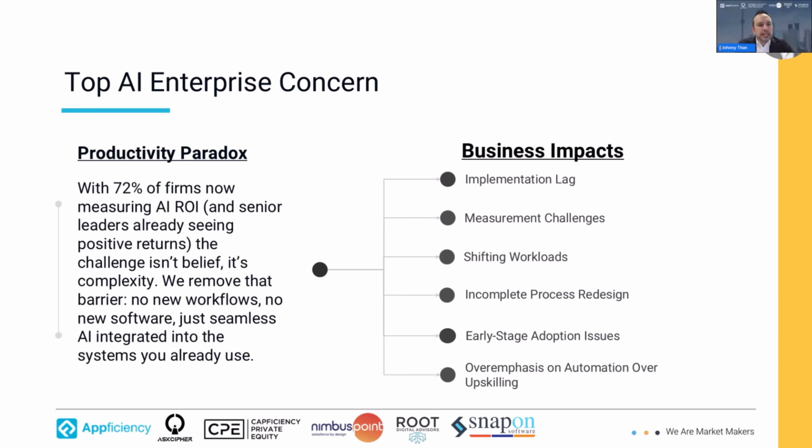Great question, Rebecca. With the productivity paradox that many have heard about, it's interesting to note that, famously, Boston Consulting Group came out with the first major statistic that people still quote today, which was already debunked by about 12 months, that 95% of AI projects return no ROI at all. And so now with 72% of firms now measuring ROI for AI and seeing some positive returns, the challenge isn't the belief in it anymore. It's the complexity. And how do we get to valuable use cases? How do we deploy a breadth of use cases?